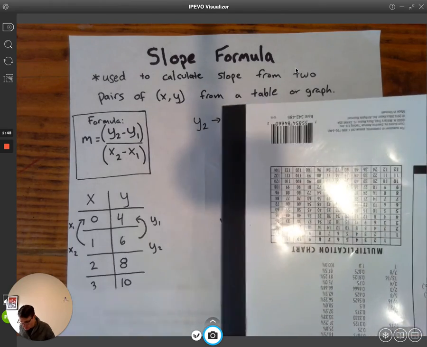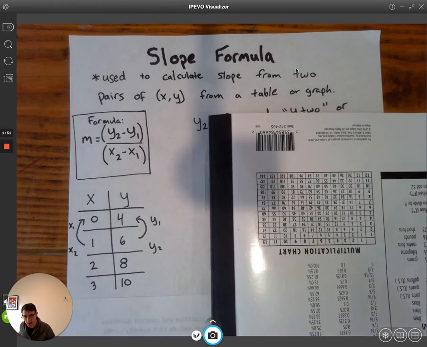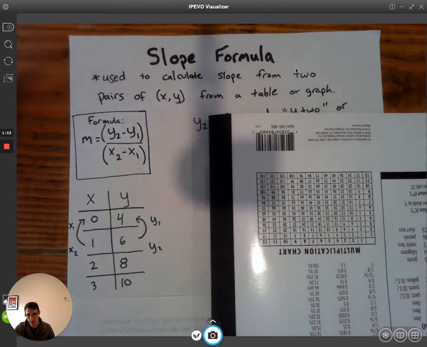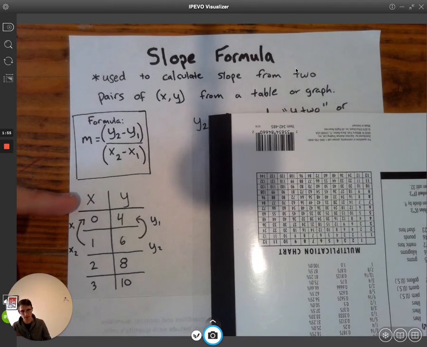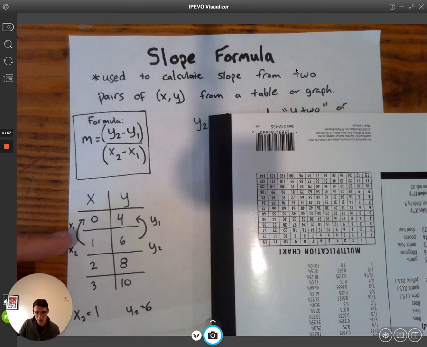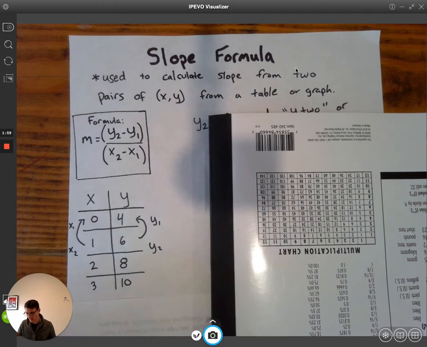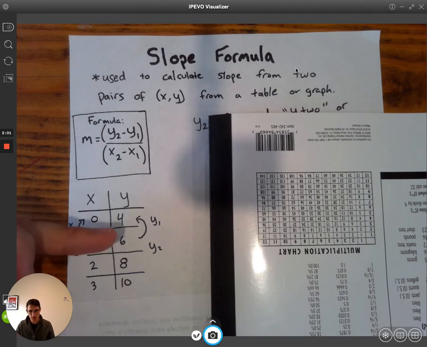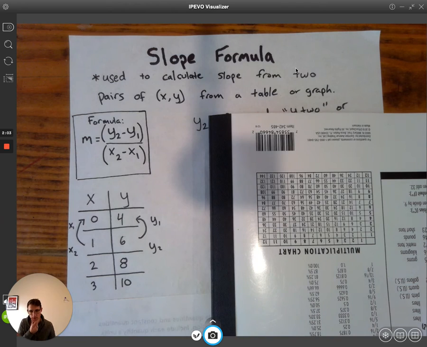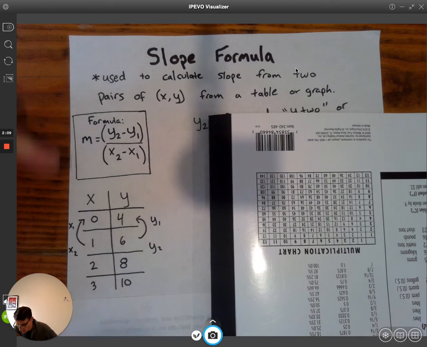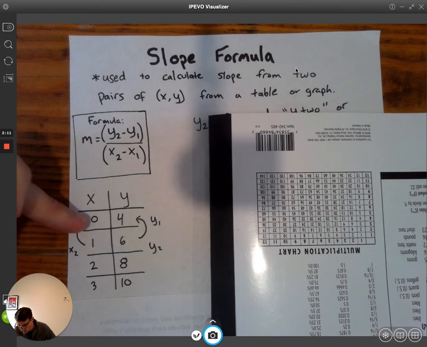So first, we're going to start by just looking at a data table itself. So I made this one up. We have an X column and a Y column as usual. We have 4 rows of data, X values and their corresponding Y values. So when we decide to use the slope formula, we want to choose 2 rows of data or 2 points